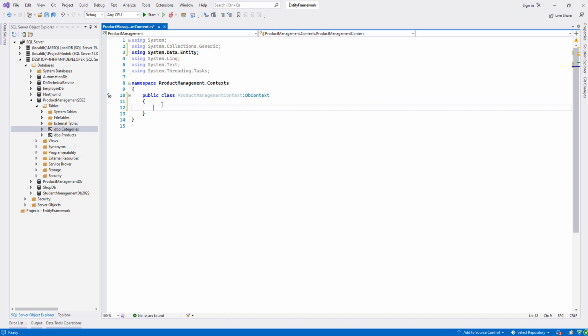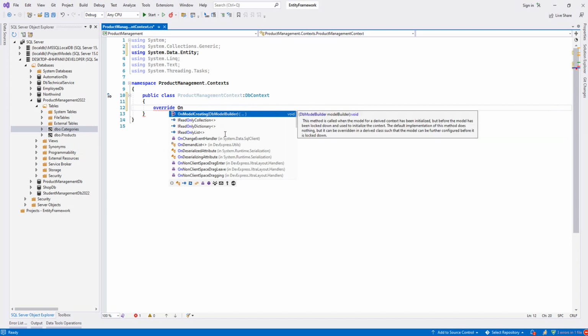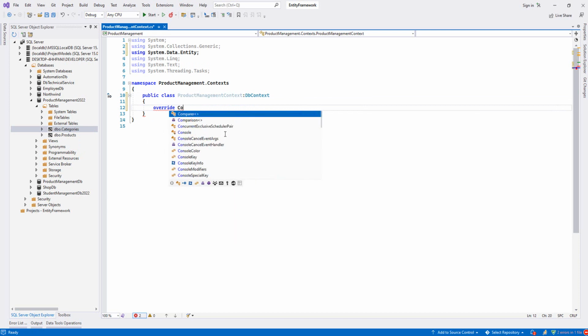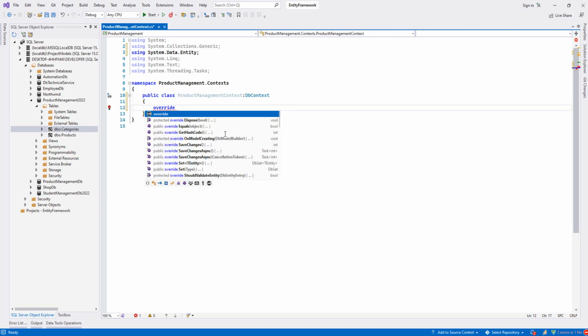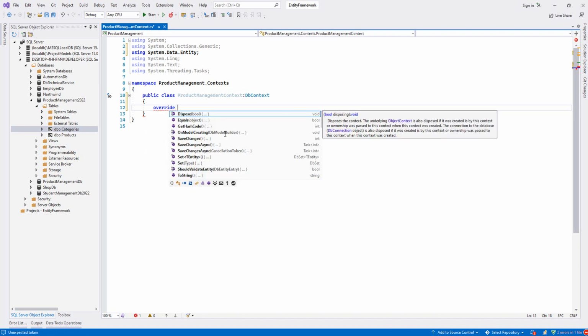So now first we will declare our connection strings, then our entities as well. I will say override on